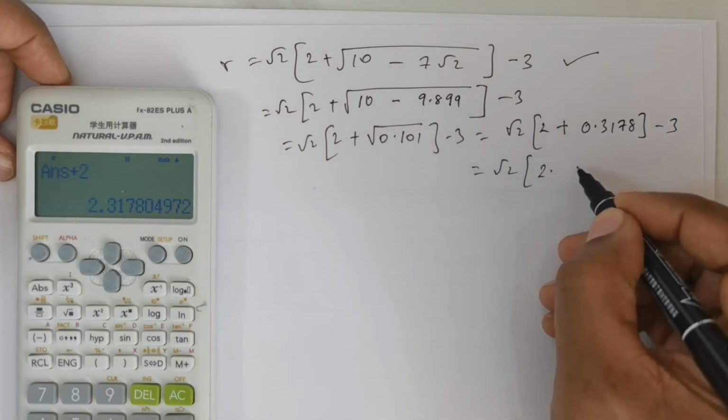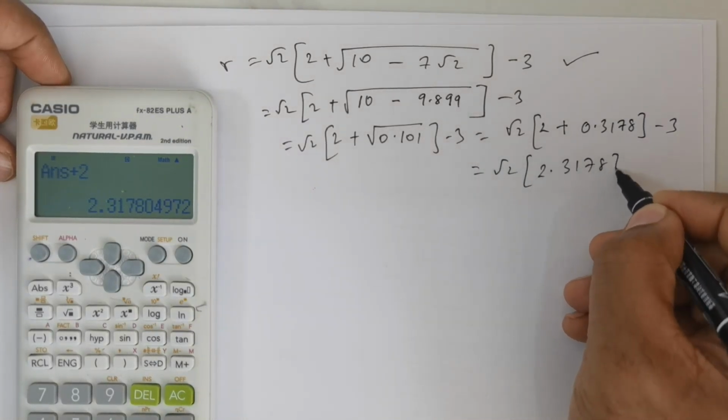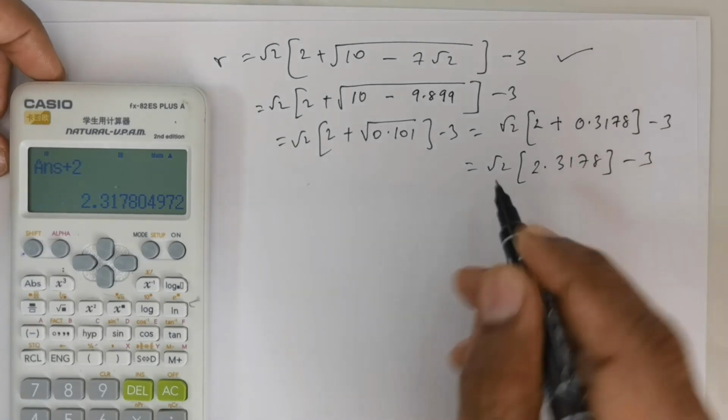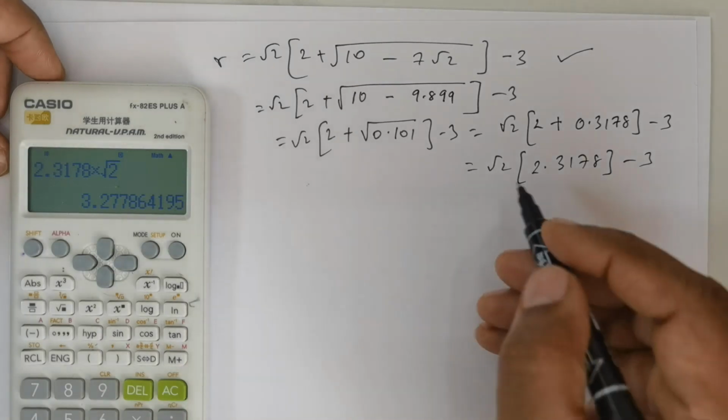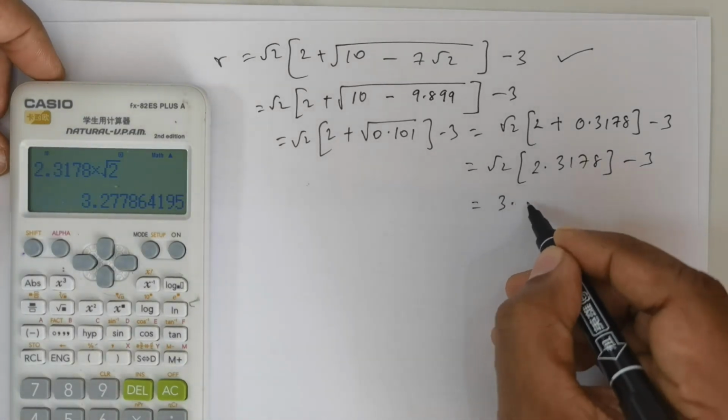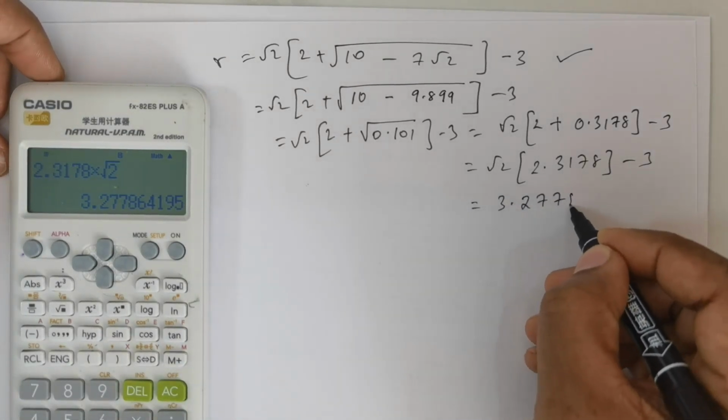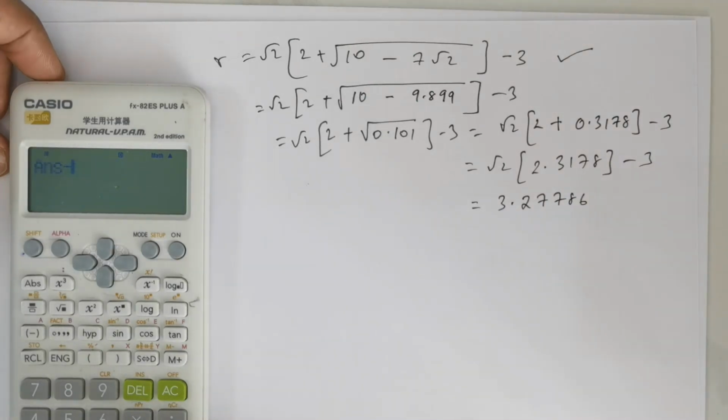So this is going to be 2.3178, and I multiply it with root of 2. So 2.3178 multiplied with root of 2, and okay, that is giving me 3.27786. You subtract 3 from that,